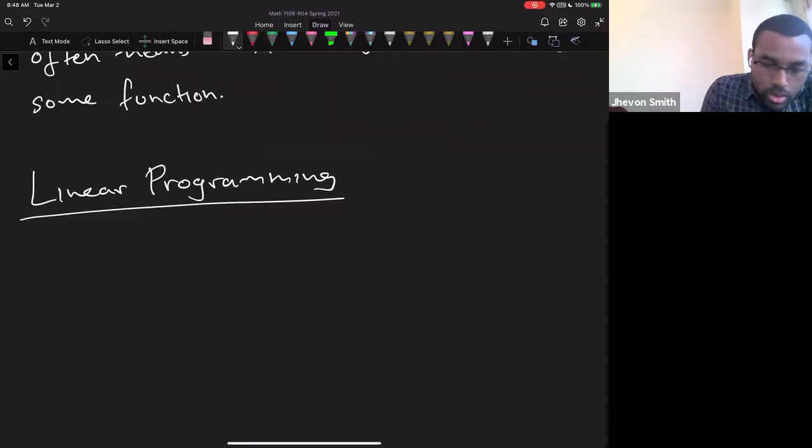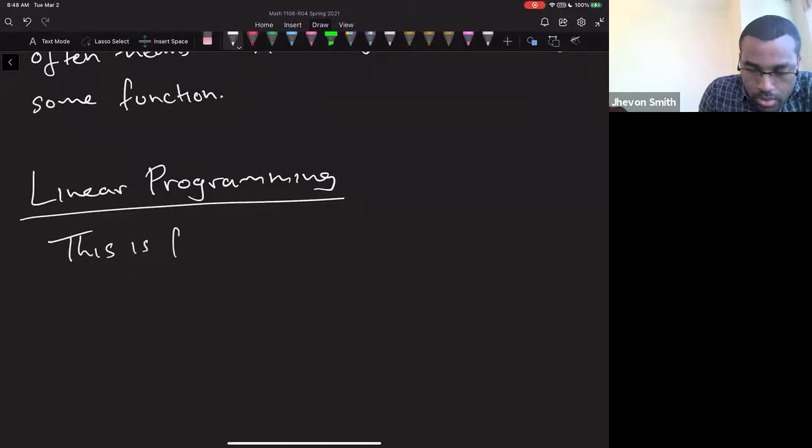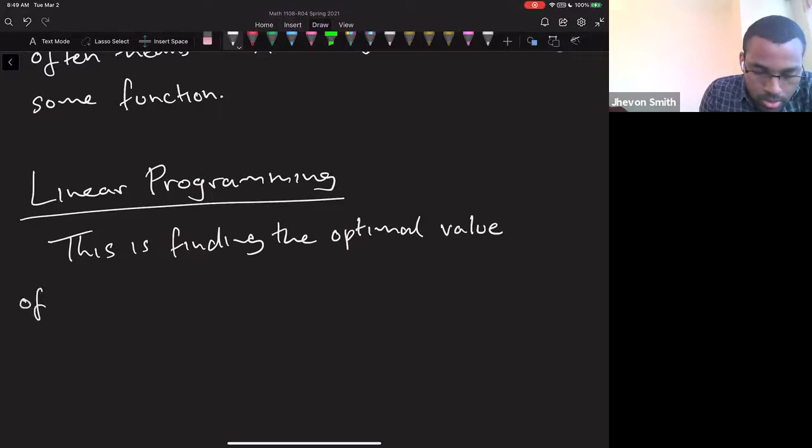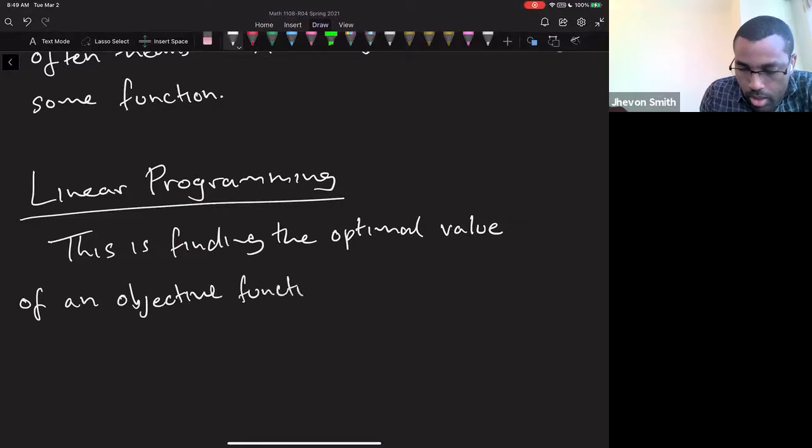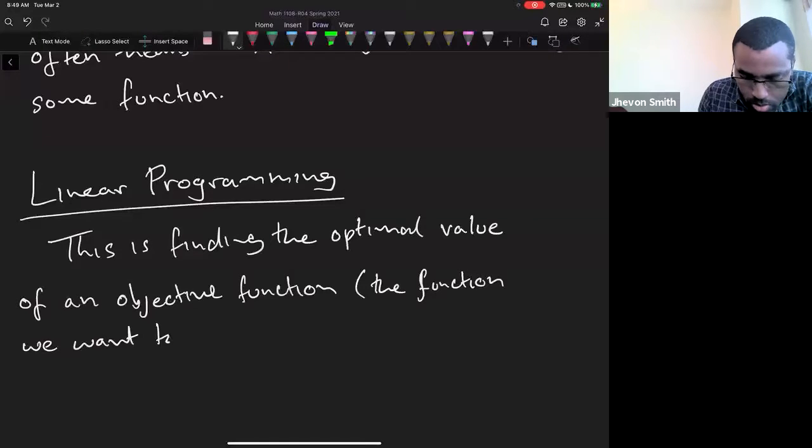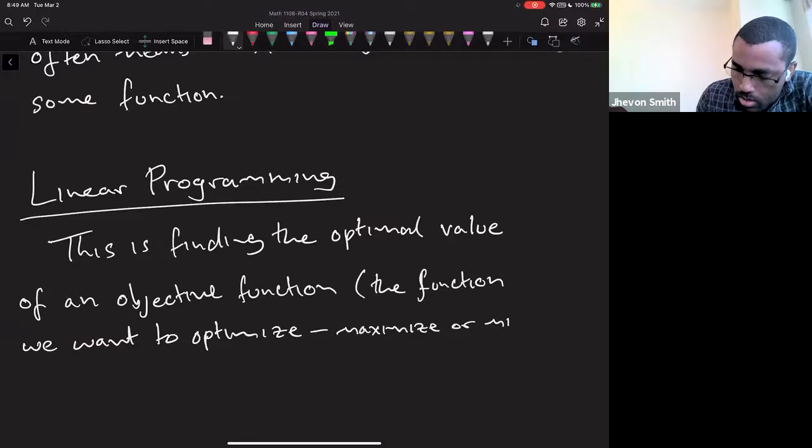Okay, so this is finding the optimal value of an objective function, that is the function we want to optimize. So we want to find the optimal value of an objective function